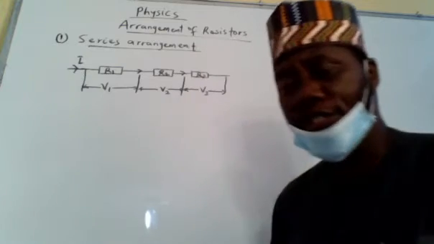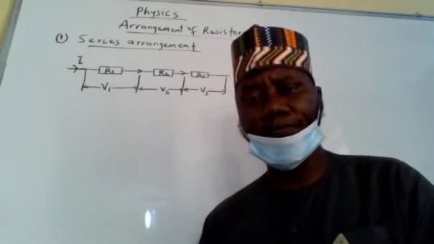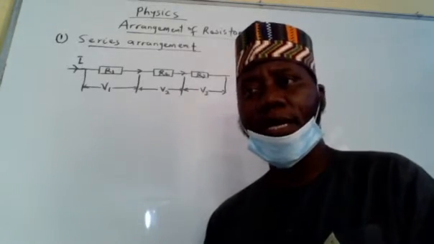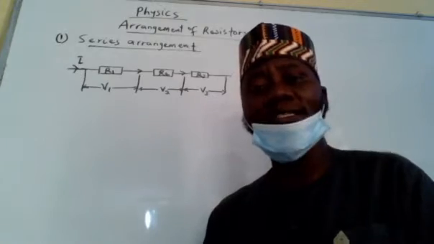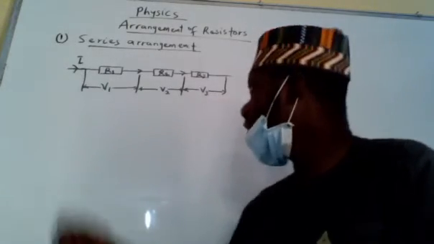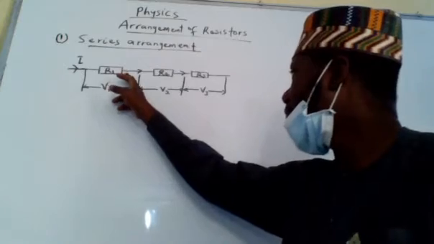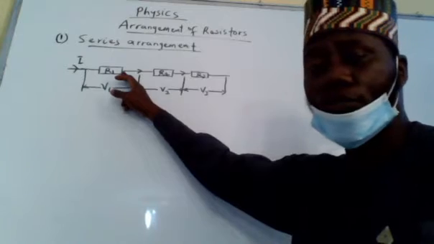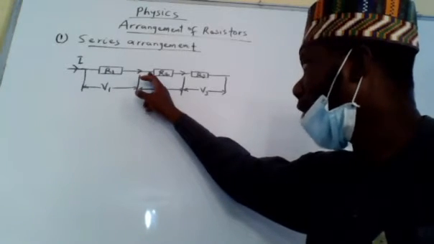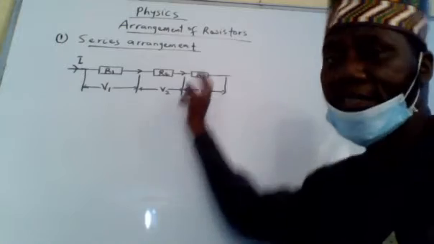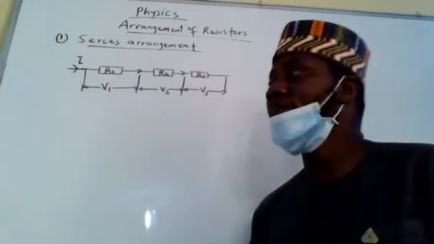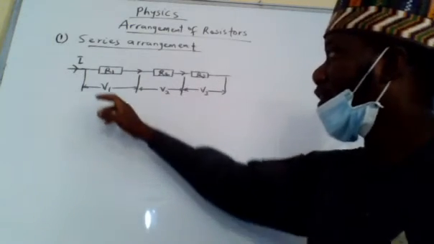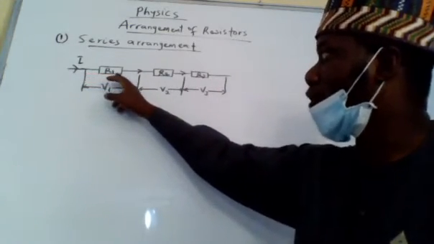Resistors can be arranged in two ways in a circuit. The first way is series arrangement. And resistors are said to be arranged in series if they are connected end to end. If one end of a resistor is connected to the other end of another resistor, like that, it is referred to as series connection. And in this circuit, we should observe that the current that enters into each of the